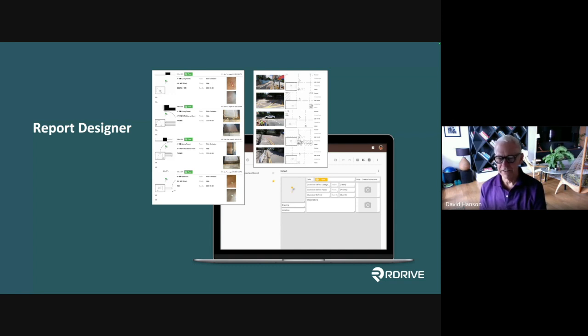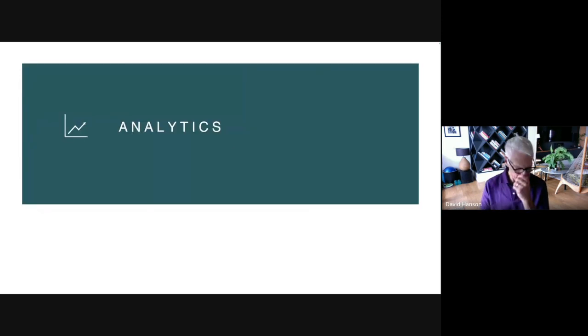So as a general management report, you may want to have a more simplified, shorter view, so I can see maybe 20 different defects per page, whereas on the project team, you may want to have more detail. You may want to have first and second photographs, and so you're happy with getting 4 issues per page. Okay, so before we get into the analytics,